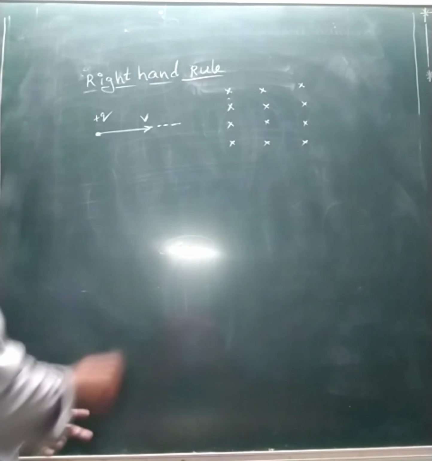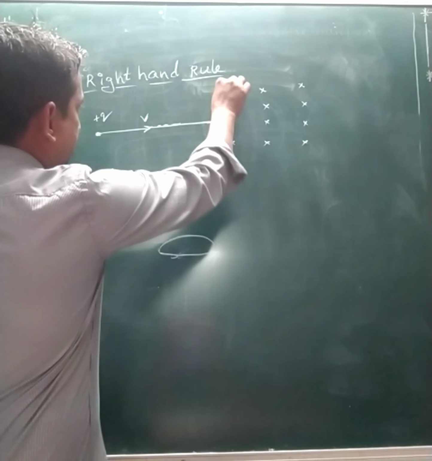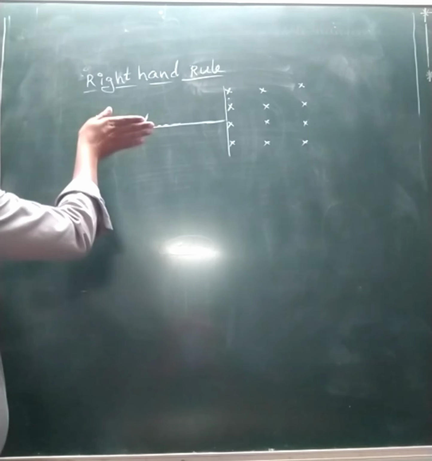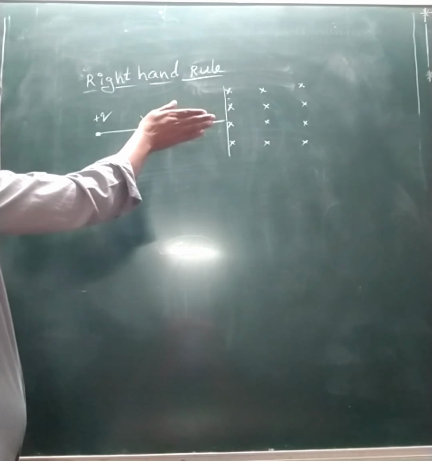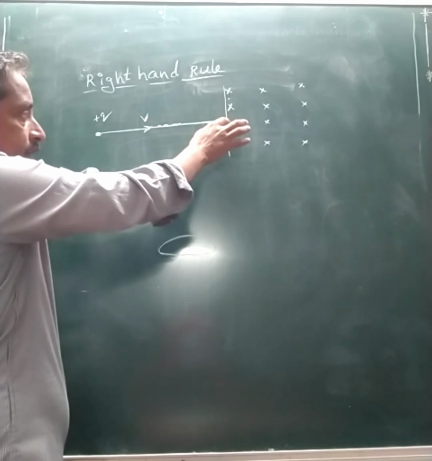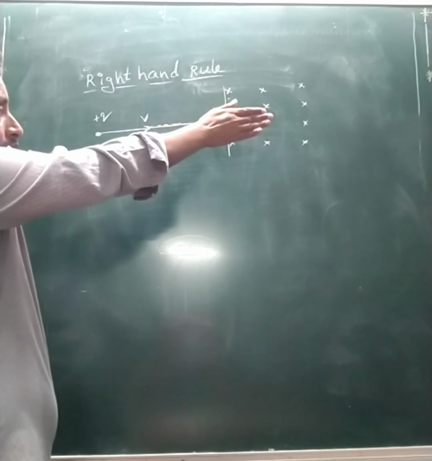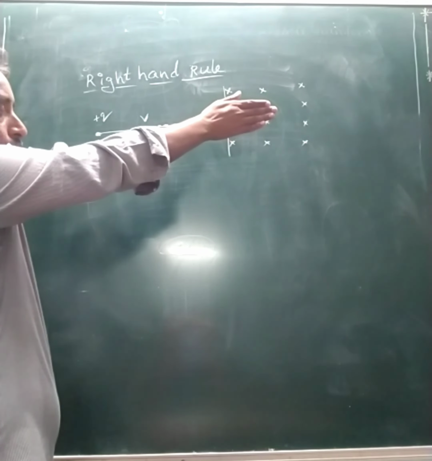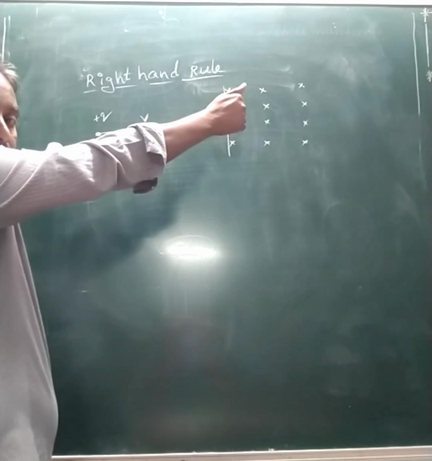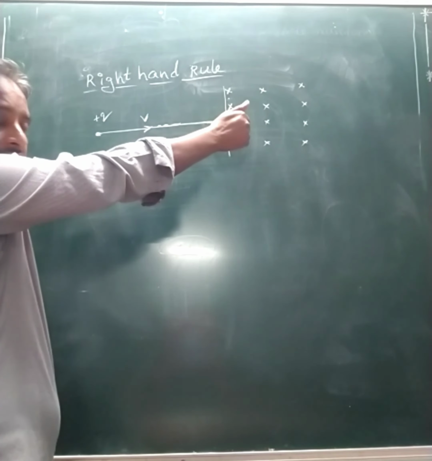Now you can observe that here the charge is moving in a straight line up to this region. Now here it is going like this, straight. Now when we enter here, what happens automatically? The magnetic field is acting. How is the magnetic field acting here? To find the direction of the magnetic field, you bend your fingers to 90 degrees. Now you have bent to 90 degrees. That means it is into the board.